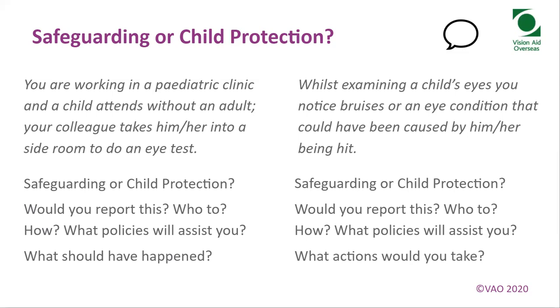So in this case, we are talking about child protection. Gently ask how it happened using open questions, but do not interrogate. Refer to the organisation's child protection, or adults at risk if an adult, policy on how to report. Follow child protection procedures and pathways, and inform your supervisor or manager. Do not make promises of keeping quiet.